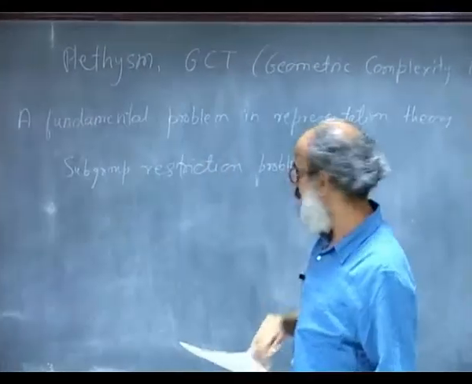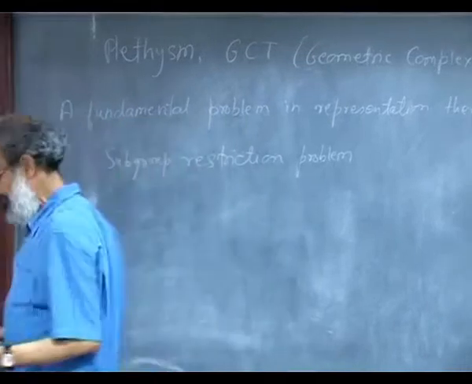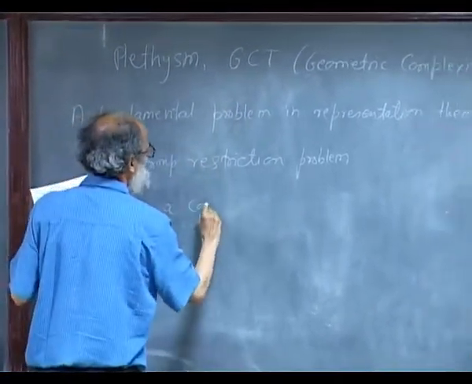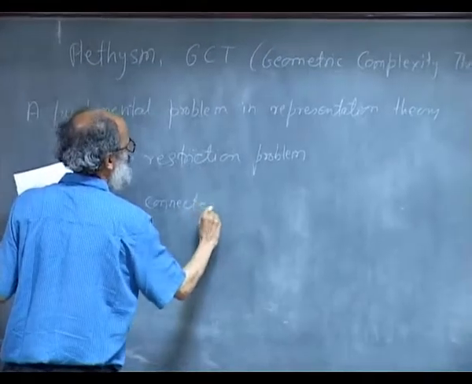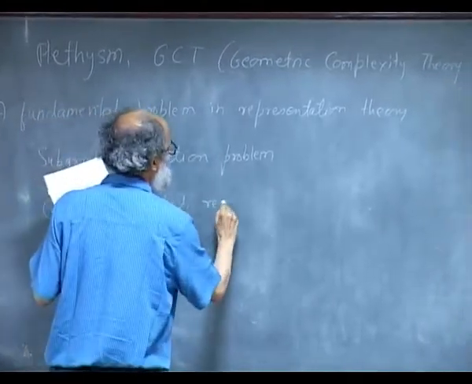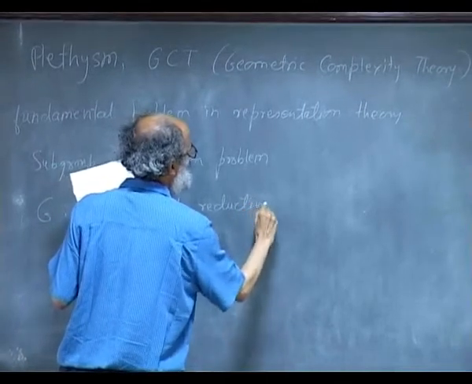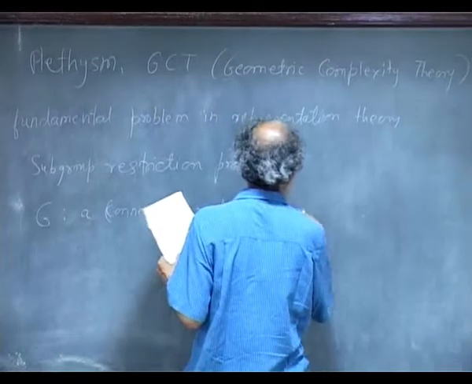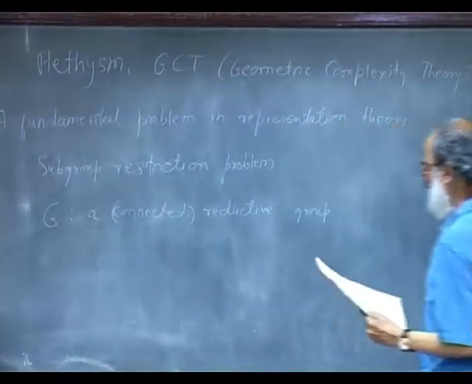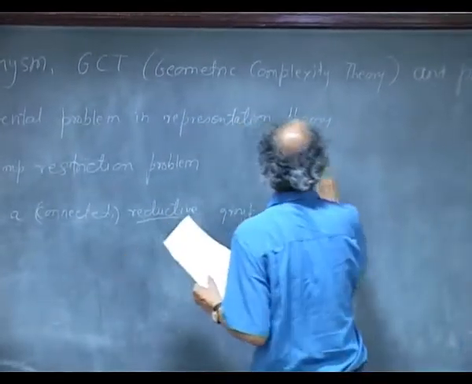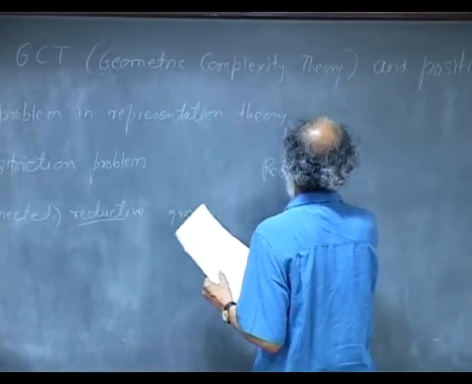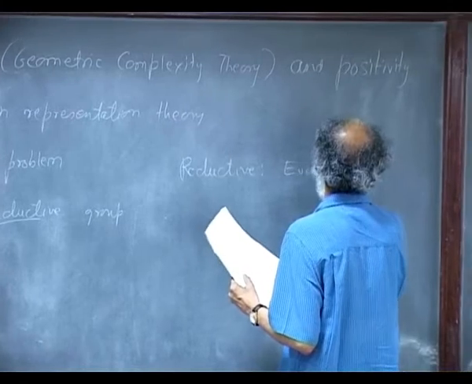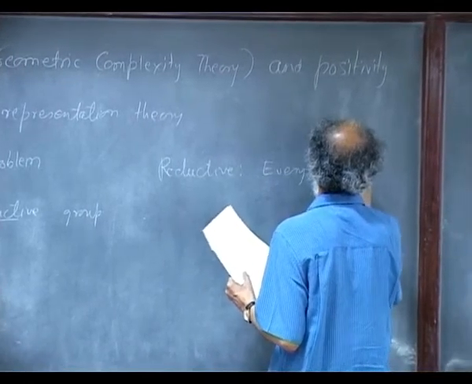So I don't know exactly what has been done in this course. So let G be a connected reductive group. In case this has not been done in the course, let me say in a few words what a connected reductive group is. So we say that the group is reductive. It simply means that every finite dimensional representation of the group